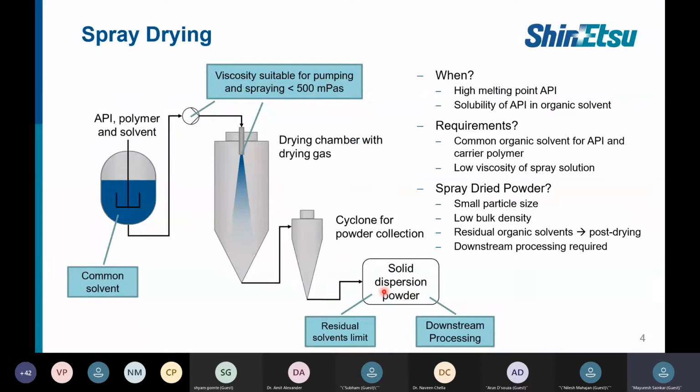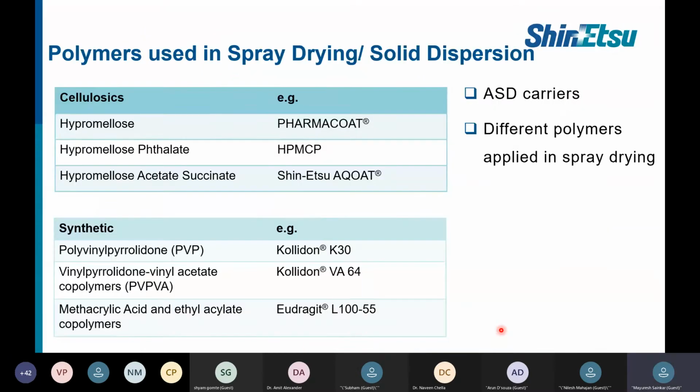And downstream processing, that means after getting the solid dispersion powder or the granules, how you are using it for the final dosage formulation, to fit it into the dosage form like capsule or tablet. So before that, you need to consider these downstream processes, which can be the milling process or other aspects of the process. So generally, downstreaming is another aspect which we need to consider.